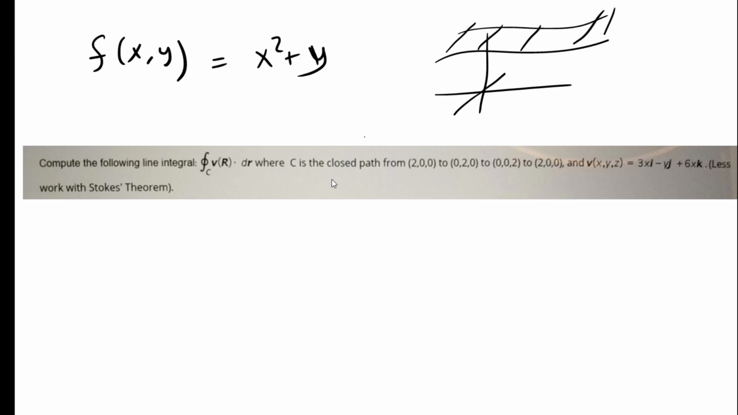Compute the integral. The line integral. Okay, so this one gives us a line integral to compute, and it says it's less work with Stokes, and I agree, but let's just see why that is. So the curve that it describes, right, from 2, 0, 0 to